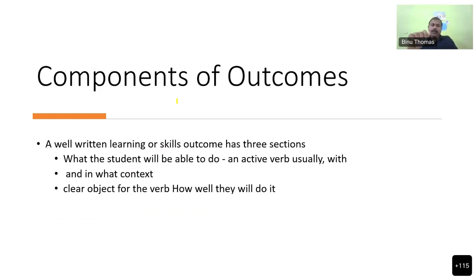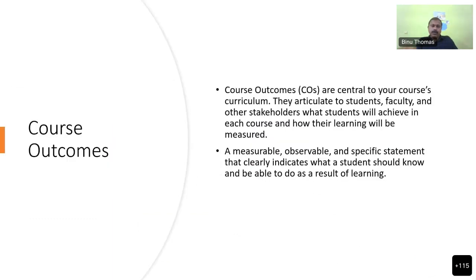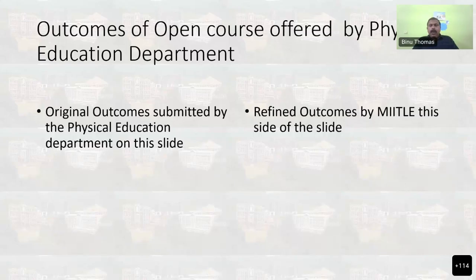We need to clearly define how well he will be performing this. Then the course outcomes have to be measurable, observable, and it should clearly say what the student will be able to perform. And I'll be coming to 1 or 2 computer science outcomes also, but since we have few of the participants from other streams also, I'm just taking some sample outcomes,